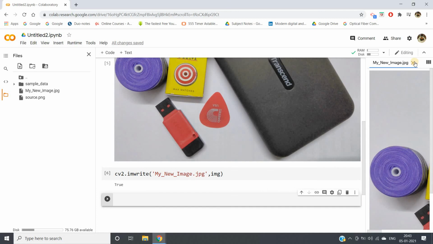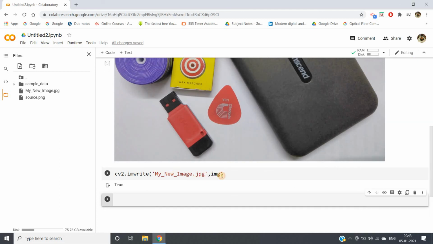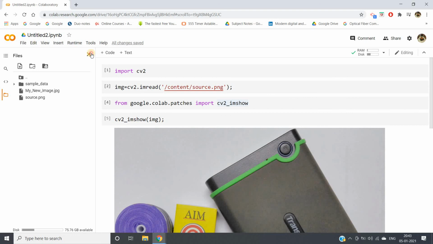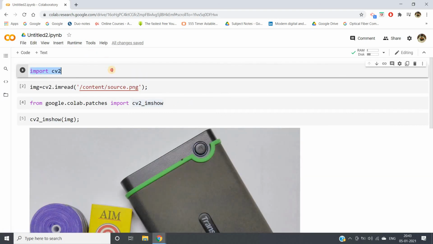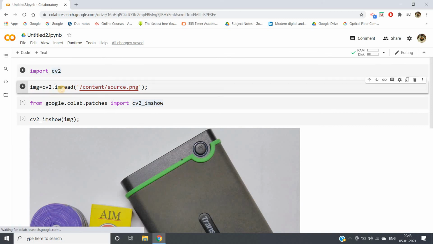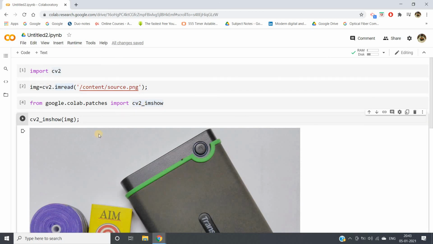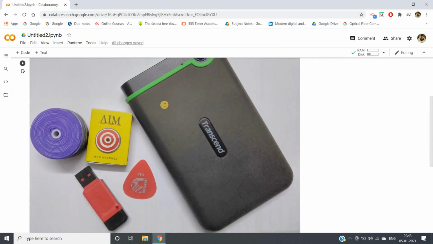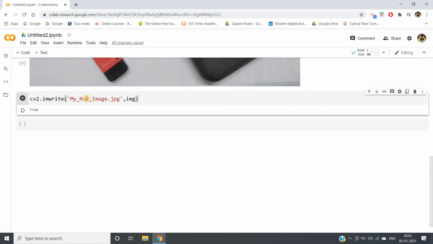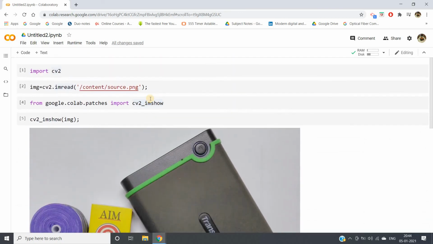So this is what we understood in today's discussion. Number one, the OpenCV library, which we are going to use widely for computer vision and real-time image processing in Python. Then imread is the function to read the image. Then cv2 imshow to show the image, but if you are working in Colab, you should use cv2 underscore imshow. Then to write the image, first pass the name of the file with which you want to save, and then pass the image or variable where your image is stored. I hope you have understood this fundamental.